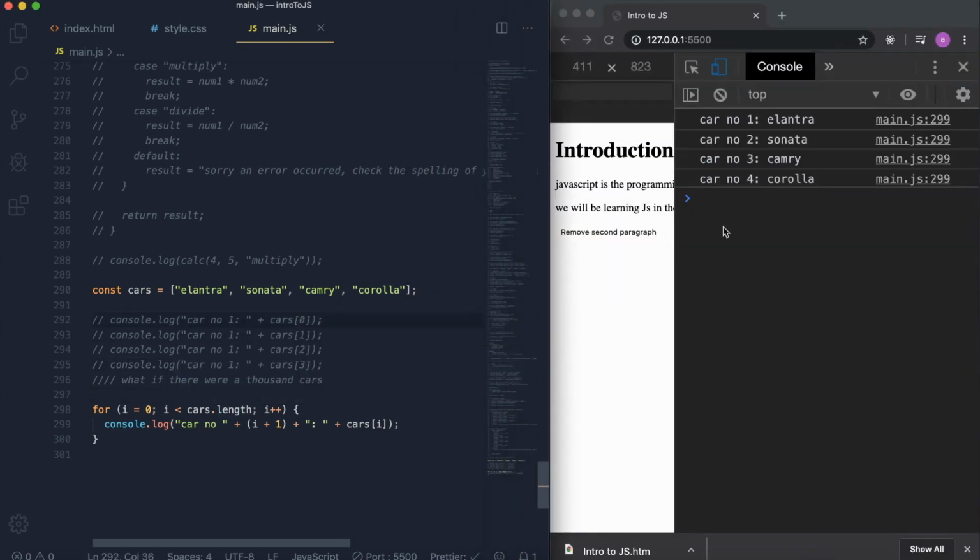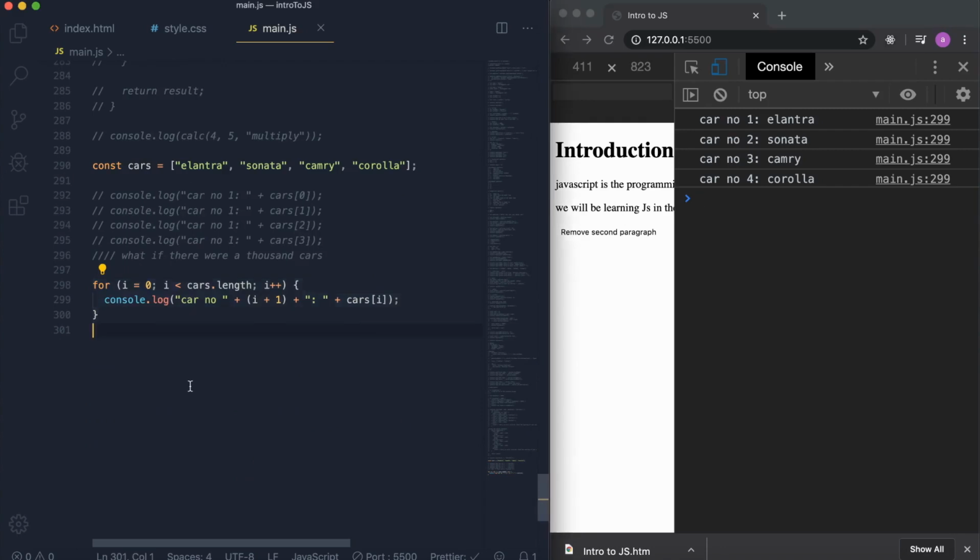Alright, so I saved it, and as you can see, we still have the same thing as what we did over here. So if the cars array was even 1,000, okay, the length of the cars array is even 1,000, you still need just this line of code, and everything over here will be worked out for you by the loop. Alright, so let's look at another example, but before that, I want to let you know